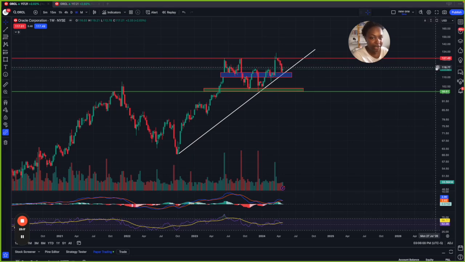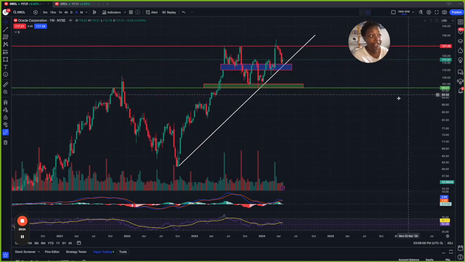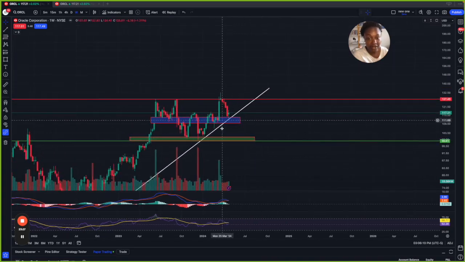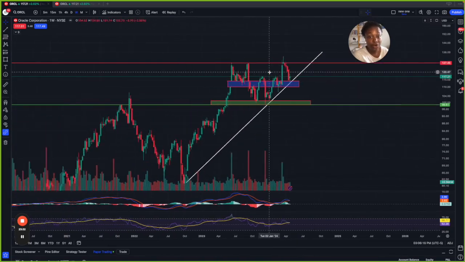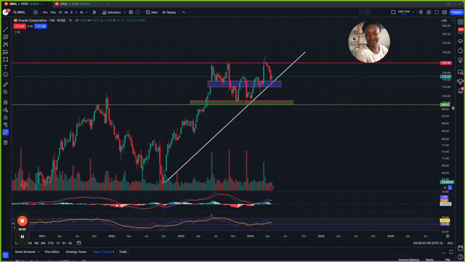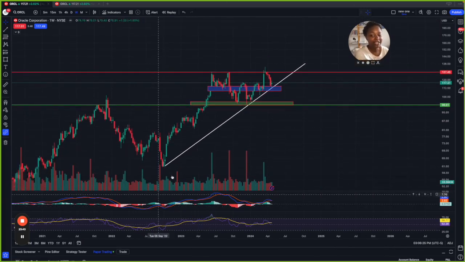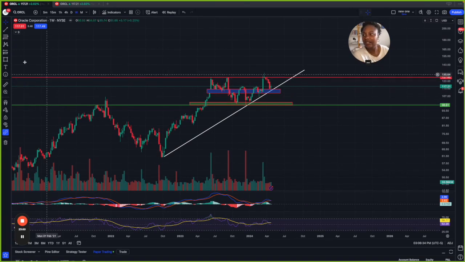So if we were to see a break above the 120, the next psychological whole number, your girl's a little interested. I would be very interested in taking this in to make a new high, because we've made higher lows, and we could say equal highs, which is a chart pattern, my babies. Comment below, let me know what chart pattern that is, where we see that we're making higher lows but near equal highs. What chart pattern is that? So that was step 1, 2, and 3. If you know, you know.